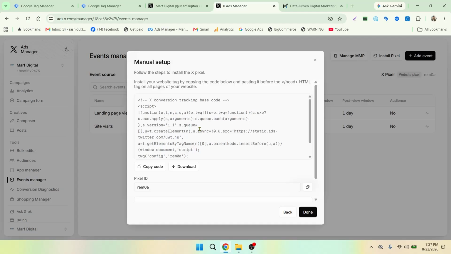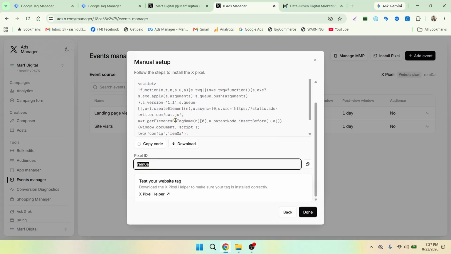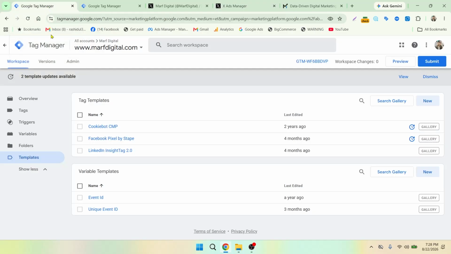If I look, I can see this pixel ID is this one, RAMOA, and in the code I can see that this is the pixel code. Okay, so we have already created the X conversion tracking pixel, and now we need to go back to Tag Manager. In the Tag Manager, this is the web container, and here we need to